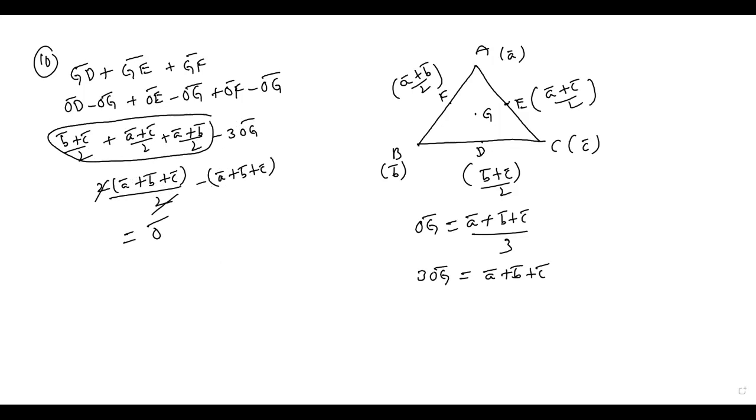Okay. Next. Question number 11, now what is the 11th question given? a bar plus 2b bar plus 3c bar equal to 0 bar. Now we need to find a bar cross b bar plus b bar cross c bar plus c bar cross a bar equal to lambda into b bar cross c bar. We need to change it into that form. What is the lambda value? We need to find out.